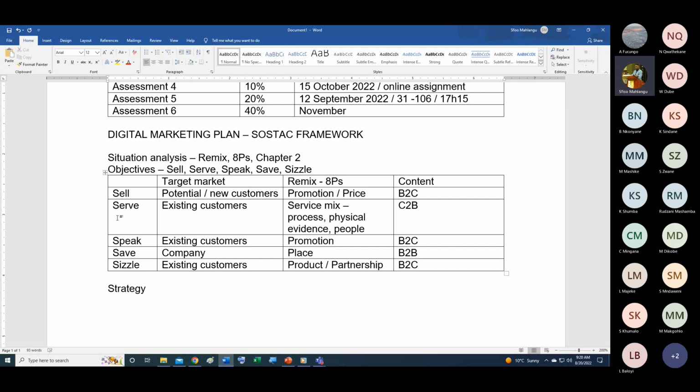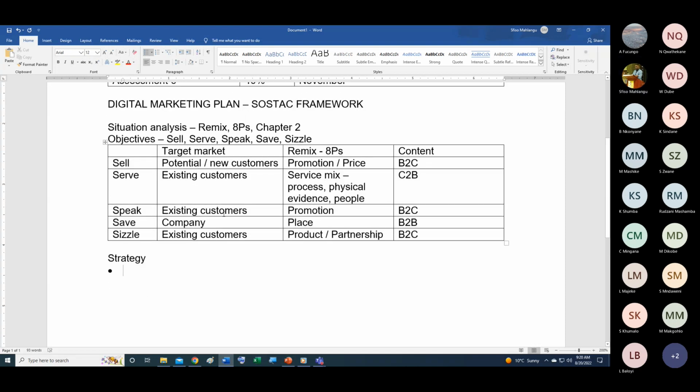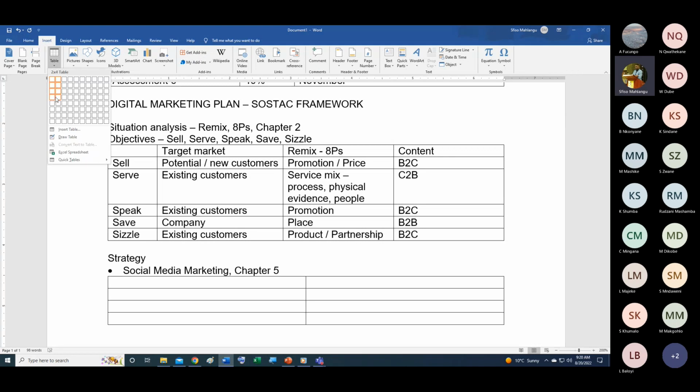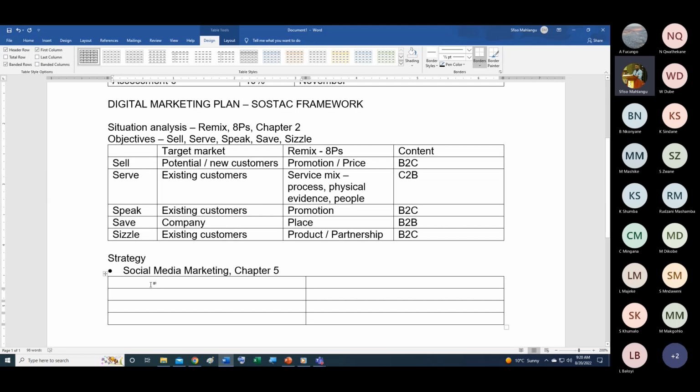And now you'll remember with strategy, basically we talk about 3 strategies that we use. The first one being social marketing or social media, and that is our chapter 5 basically there. And now when you develop a social media strategy, we use the POST methodology framework. You'll remember that. It was part of your assessment 3. And now with the POST methodology,